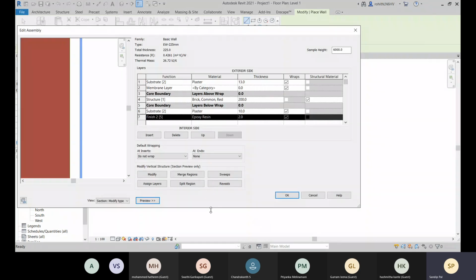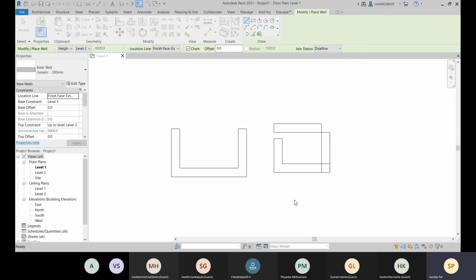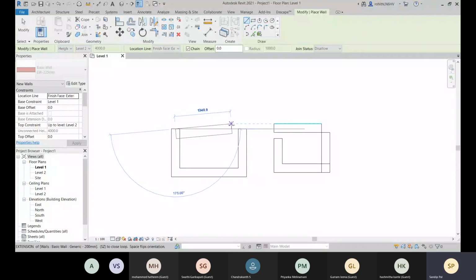This is how we will be creating your layers or your compound walls. Click on OK. All right, done. And now you can place it like that.